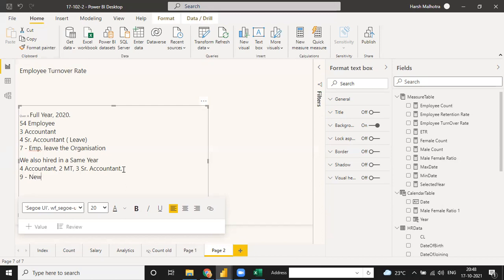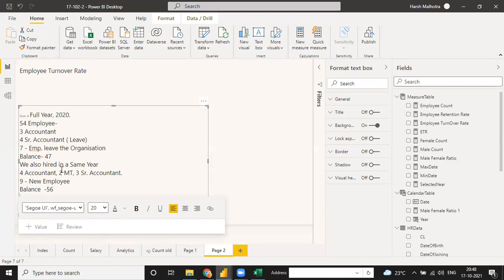So 9 new employees. In the beginning of the year we have 54, and at the end of the year we have 54 minus 7, which gives a balance of 47, and then we hired 9. It means at the end of the year we have a balance of 56.